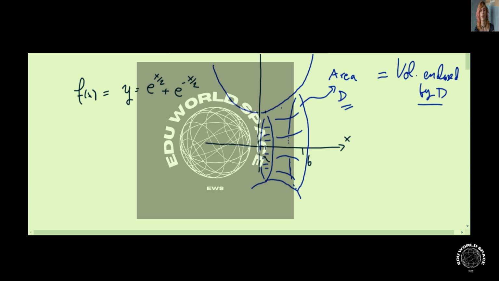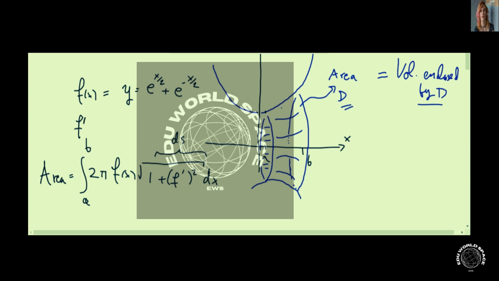So this area would be equal to 2 pi times the integral from a up to b of f of x times this part is ds, that would be square root of 1 plus f prime squared dx. So for this function, f prime is going to be equal to, you have derivative of that